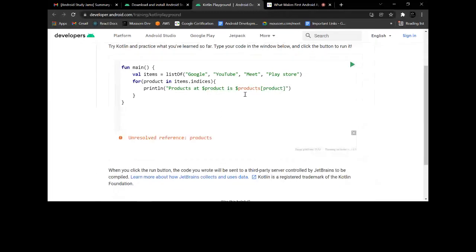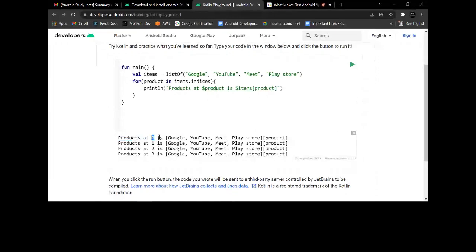Oh no, it's not products, it's items. So you can see products at 0 index is this thing.